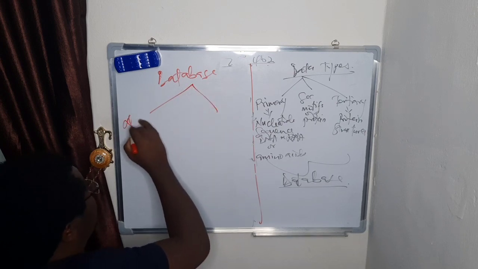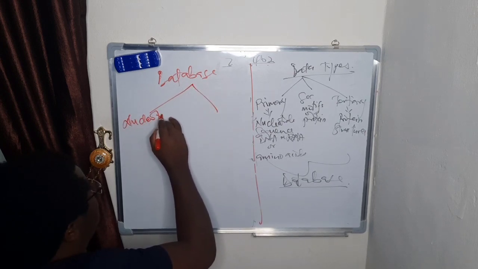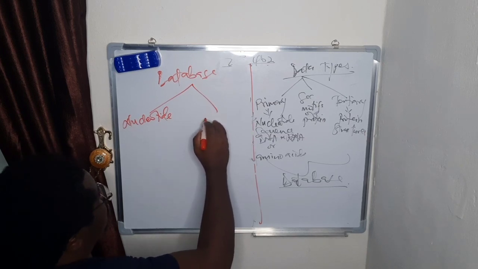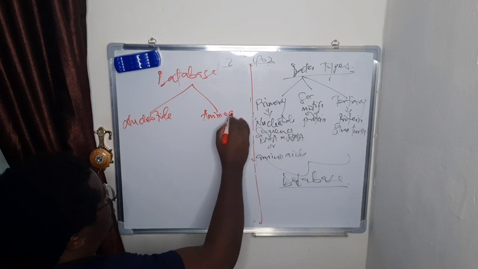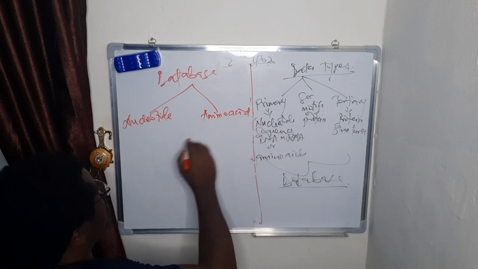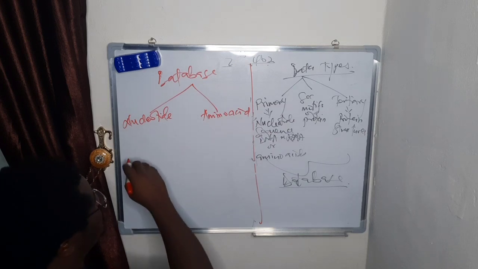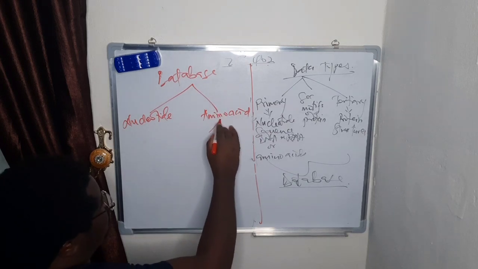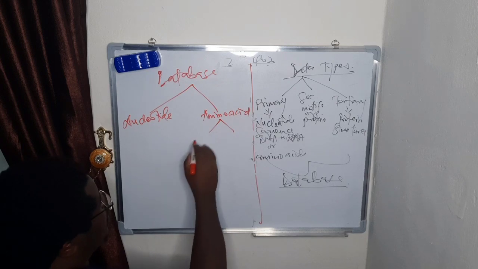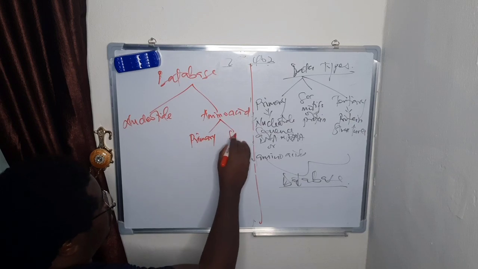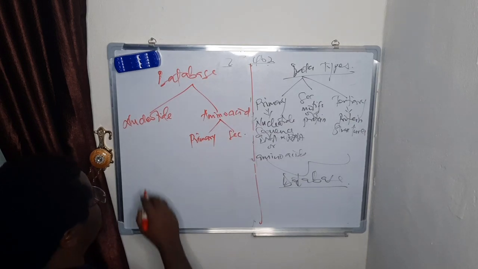Like I did say, we have the nucleotide database, and you have the protein or the amino acid database. Now under the nucleotide database and under the amino acid, you have the primary, and I also have the secondary. So for nucleotide, we have